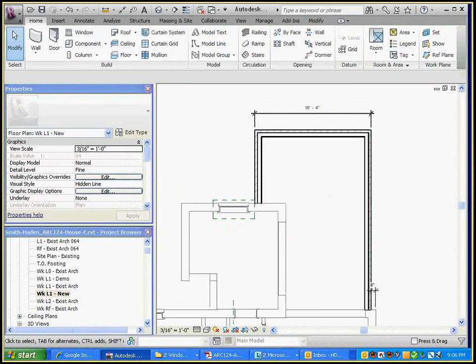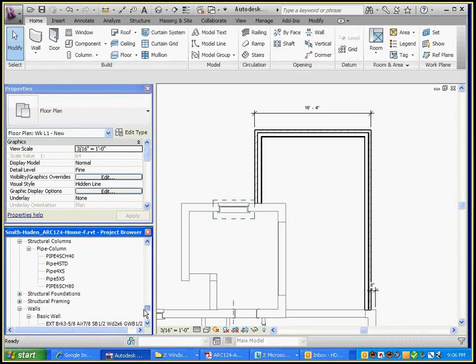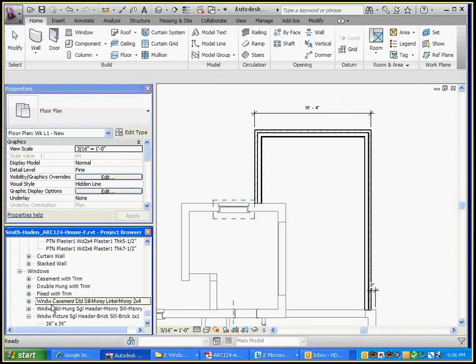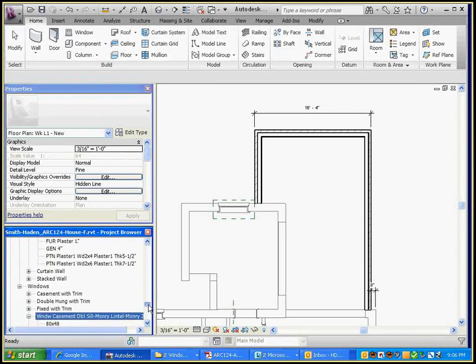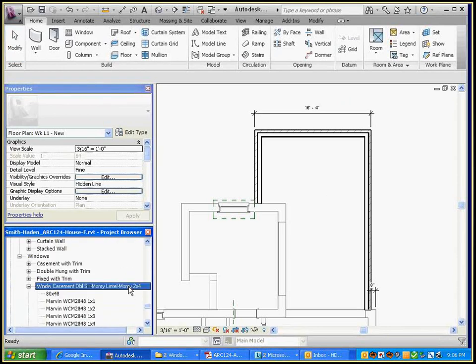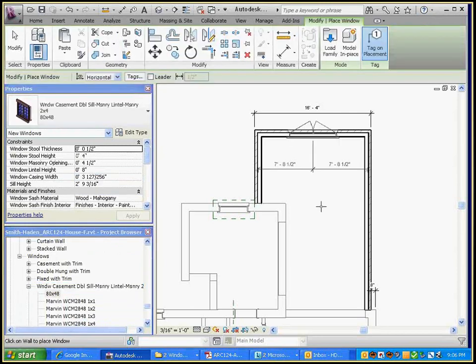Then when I come back and put in that window, that's a casement window, which we have to load if you haven't already. Let's go down to Windows and see if we've loaded that yet. Casement, a double casement window with the masonry sill and lintel. And we want the 2x4 mutton pattern. That's that one. And we want it to be the 80x48, so I'm just going to drag that out here and place it. And the head height